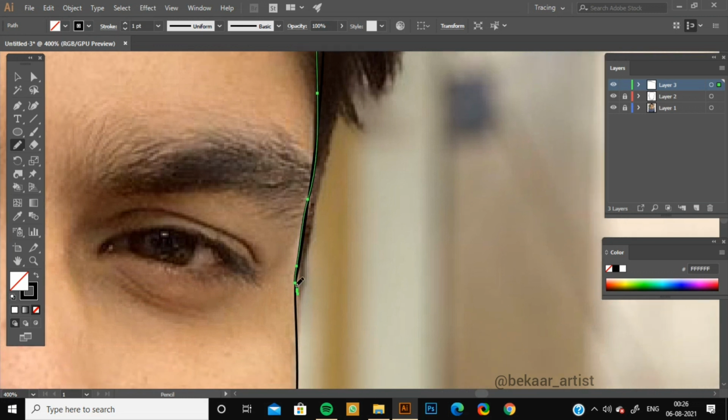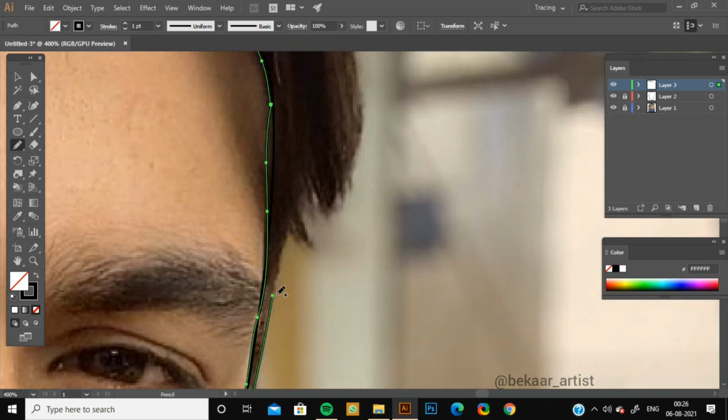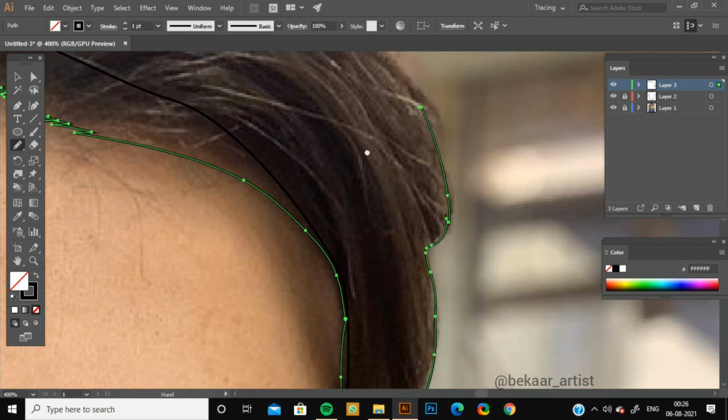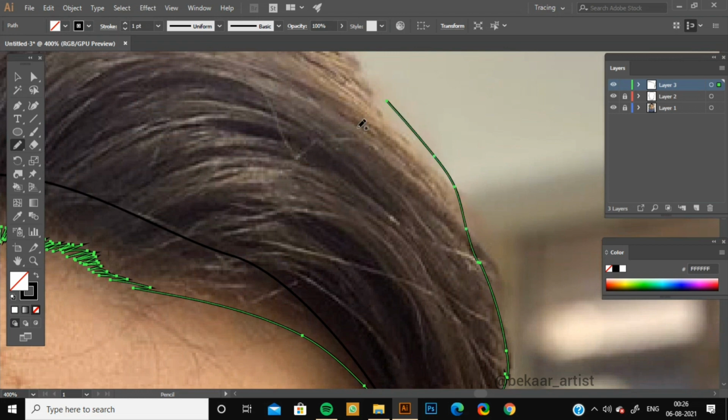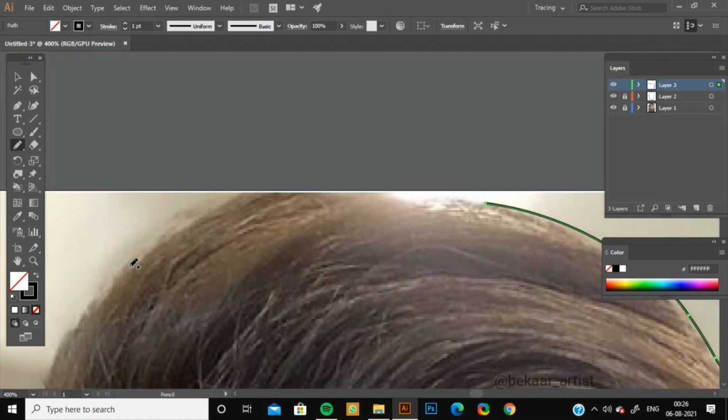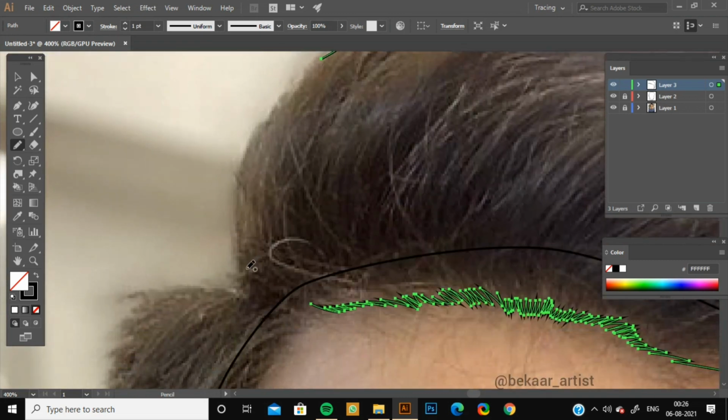Also, you can anytime switch between the tools. Now if you want, you can select this pen tool and then use it. Now just follow along the line like this and join all the strokes.